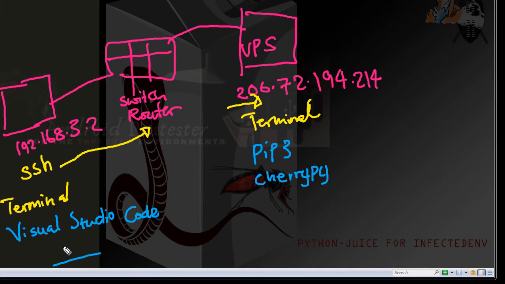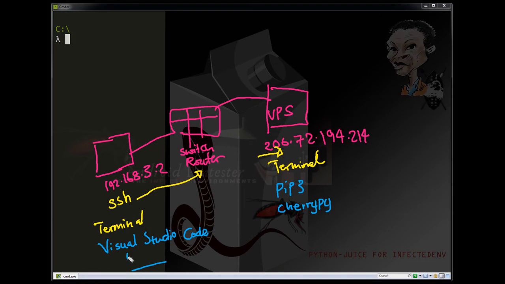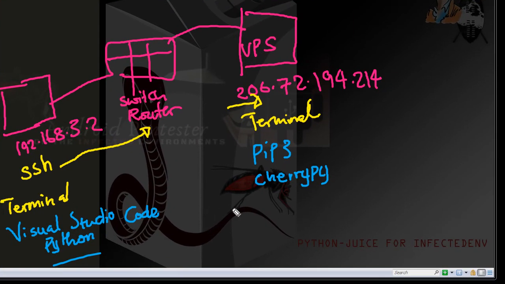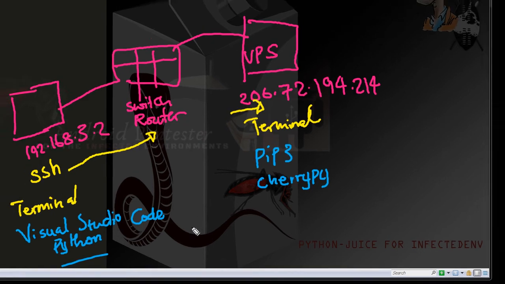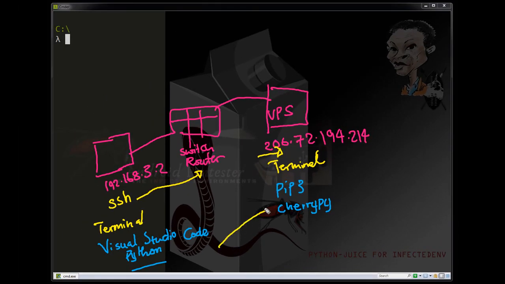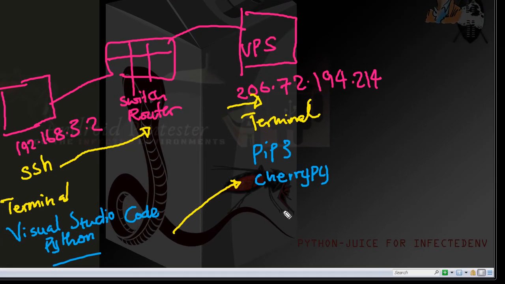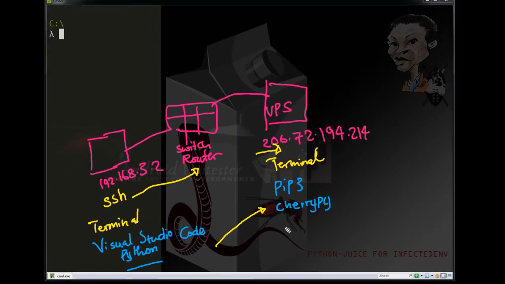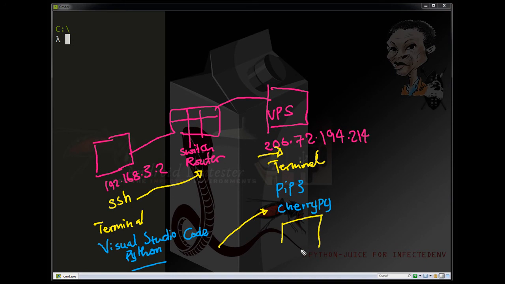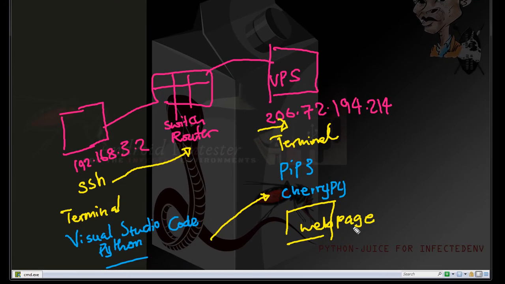So we use the Visual Studio Code to create the Python we want, and then we are going to send it. So we are going to send it to here and then view it in a web page. So that's our setup of how we are going to